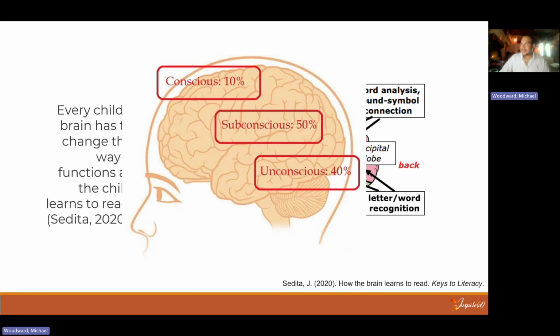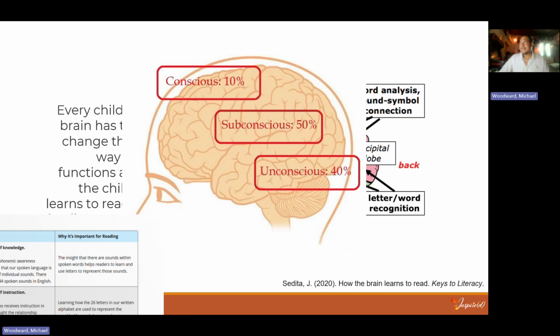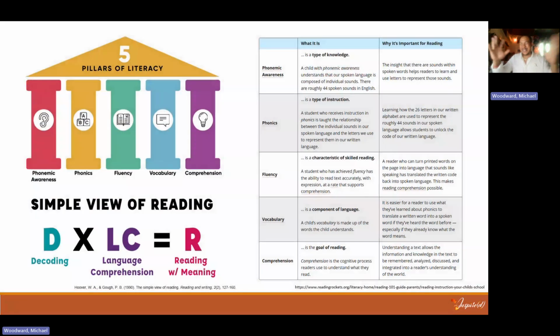That's the interesting thing about neurology. Okay, so zoom out. We're talking about literacy here now. Reading Rockets teaches us about the 5 pillars of literacy, whichever one you like the most. That is cool and fine and dandy. However, all 5 have to come together so that children can read.